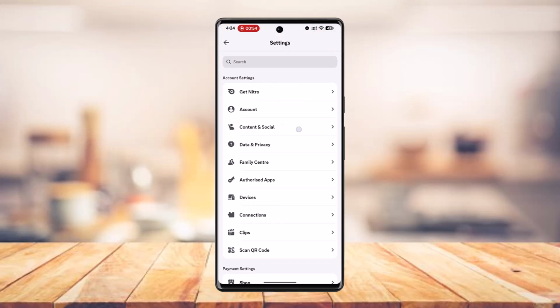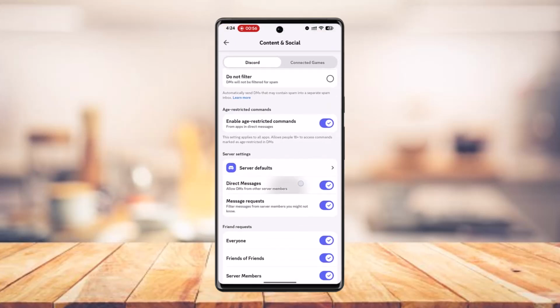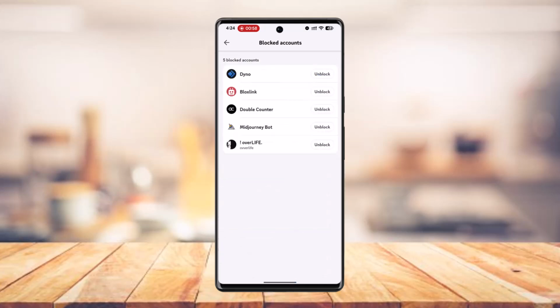So actually you want to go to content and social. This is where you will be able to find blocked account. Here it is. You simply want to tap on unblock. Do the same thing for the rest of the other users, and this way you'll be able to successfully unblock users